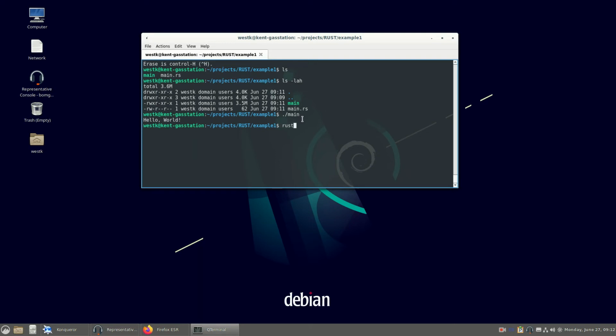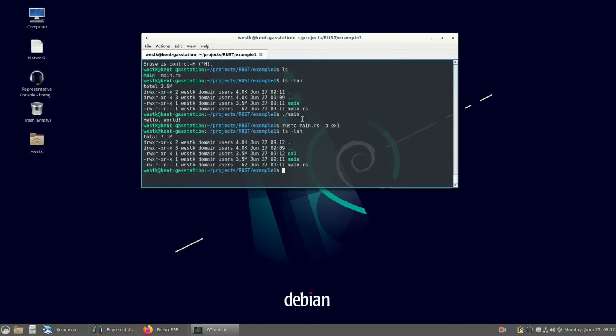You can use other options on the rustc compile line. Let's say we're going to compile this program again. This time we want to call it something different. We're going to change the output name to ex1. And now we'll have three files. Our original main.rs, which has the English programming, our original main program, which we compiled into machine code, and our new ex1 program, which we compiled into machine code. ex1 and main are identical because the compiler created the same thing. It's just that it changed the output name to ex1 for one of them. Now if we try running that,